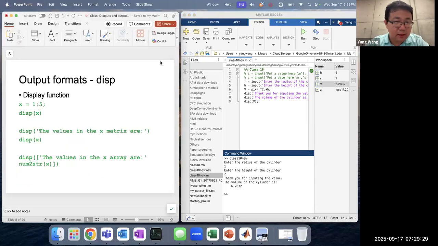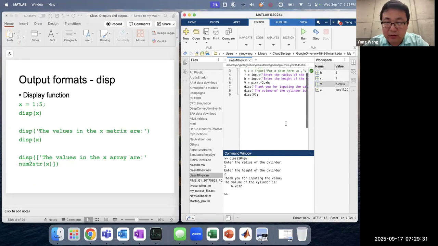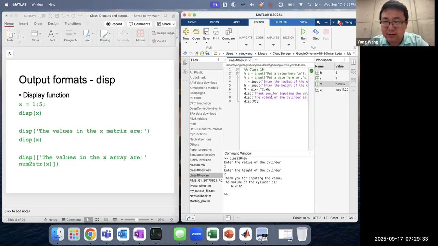Okay. So yeah, well, we already talked about the display function, right? So you see that this is actually quite straightforward. So you can just basically output any sentences, any strings you want and any values you want. Okay, so here we're just displaying one specific value. So then the question could be, let's say, what if you want to include or display a matrix or display arrays, right? So we can try over here